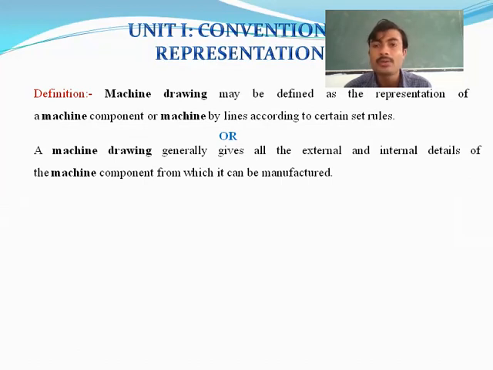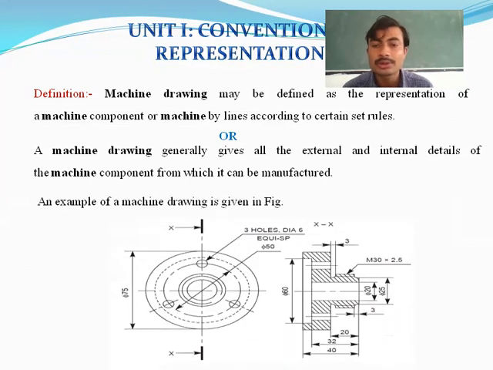Why? Because whenever you see the component, we are able to see only the outer structure of the object or a component, but we cannot see the inside. Each and everything can be studied in this subject. Here below there is a figure, you can observe that one. This is one machine component sketch. Here you are going to see the two views. One is the front view, other one is the side view.